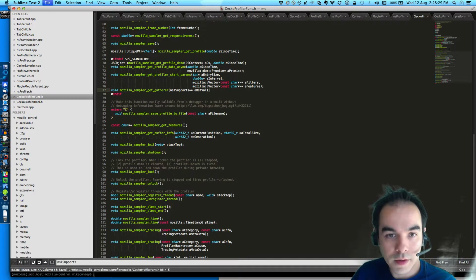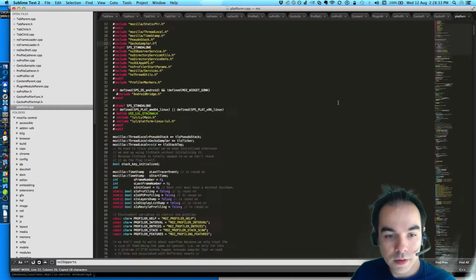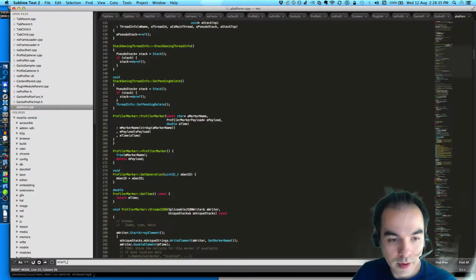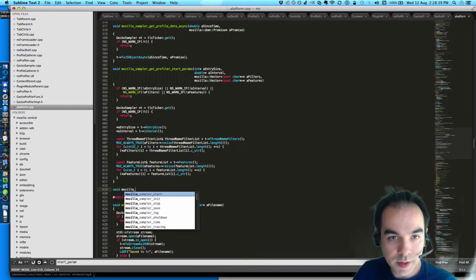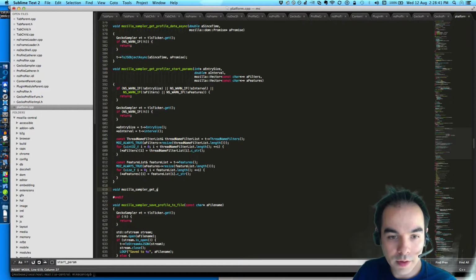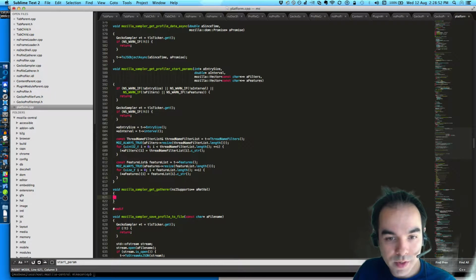Retval. And then the actual implementation. It's down here. Void mozilla sampler get gatherer, and nsISupports a retval. And then I'm just gonna say like a retval equals null pointer, and then that's it.